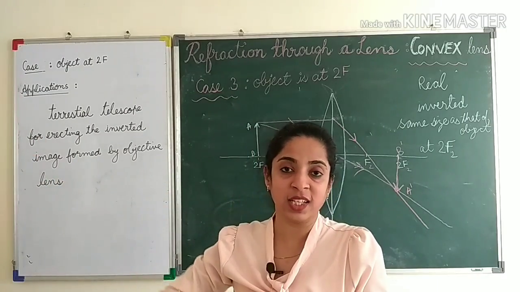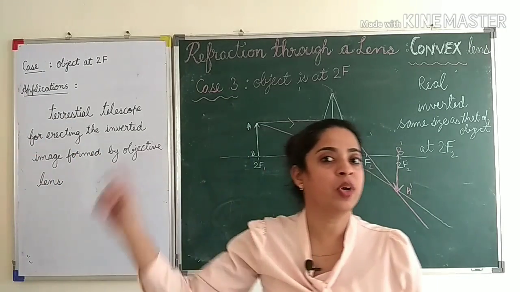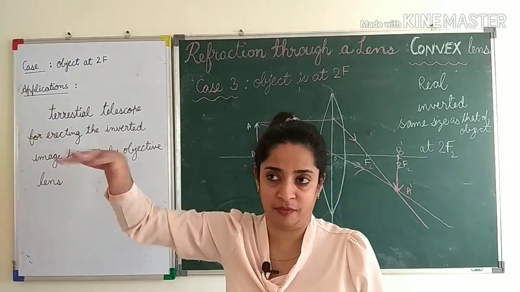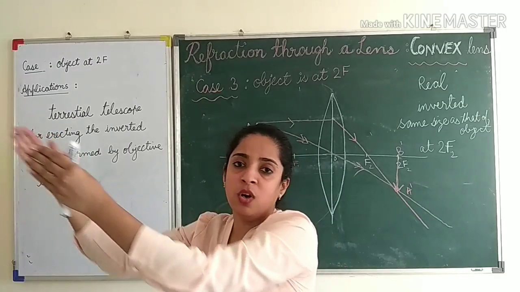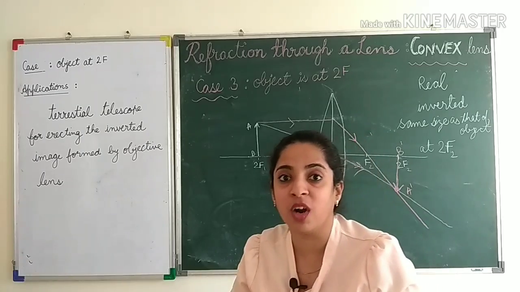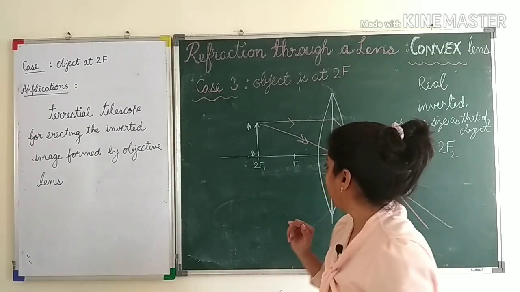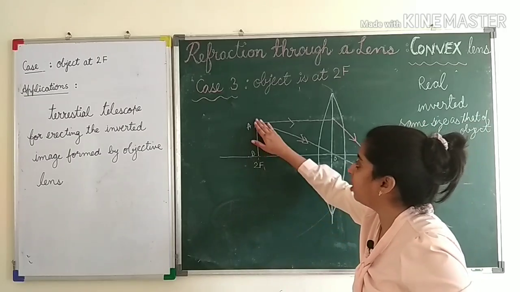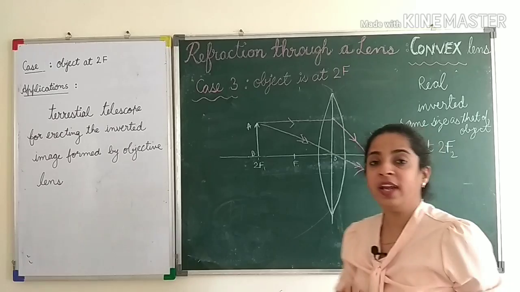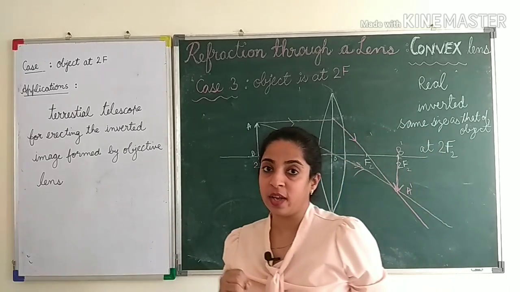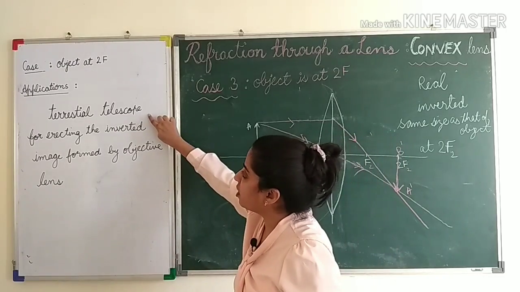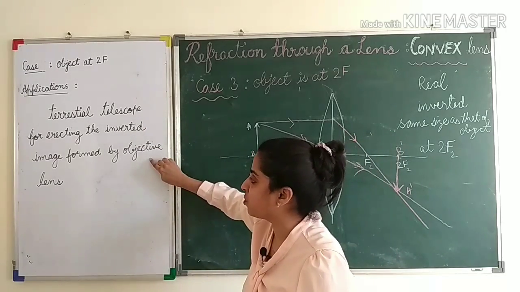So, when you are focusing the far off image, you can do that from our first case. You are focusing image from an infinite object. So parallel beam of rays are coming and you will form an inverted image. So wherever you form an inverted image, at that place again you can keep that object, that image at 2F of another lens. So in terrestrial telescope you use 2 lenses. One is objective lens and one is eyepiece lens. So here it is used in terrestrial telescope for erecting the inverted image formed by the objective lens.